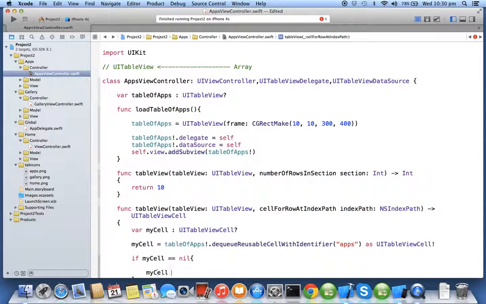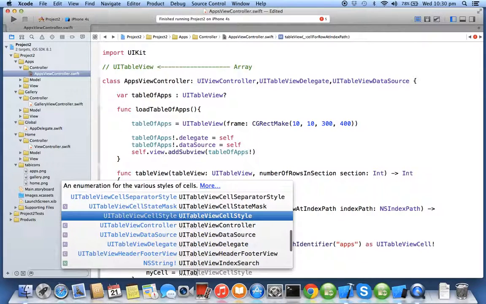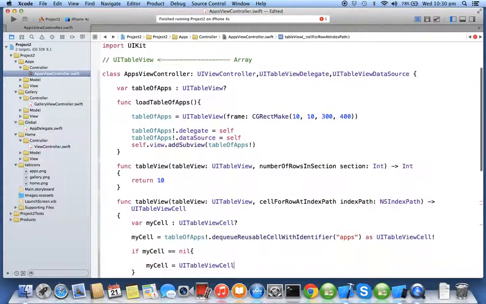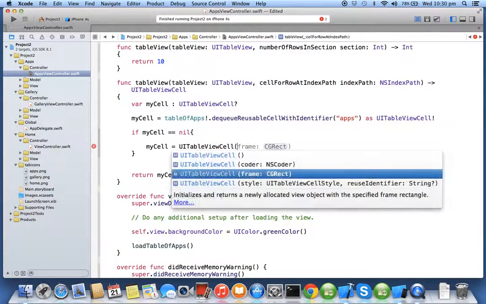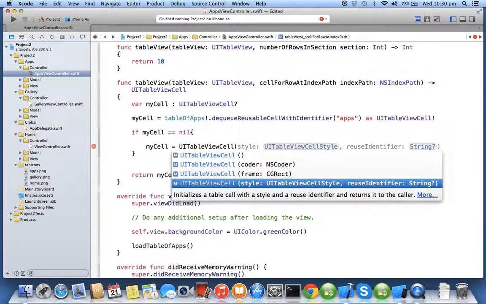create the cell. Now for frame management, whenever we have learned anything in a view, we need to initialize with the frame, but the frame management will be taken care of by the UITableView internally, because the same cell might get repeated in a different position and the user is constantly scrolling the cells. So UITableView says I'll manage the frame. Instead of that, it gives you